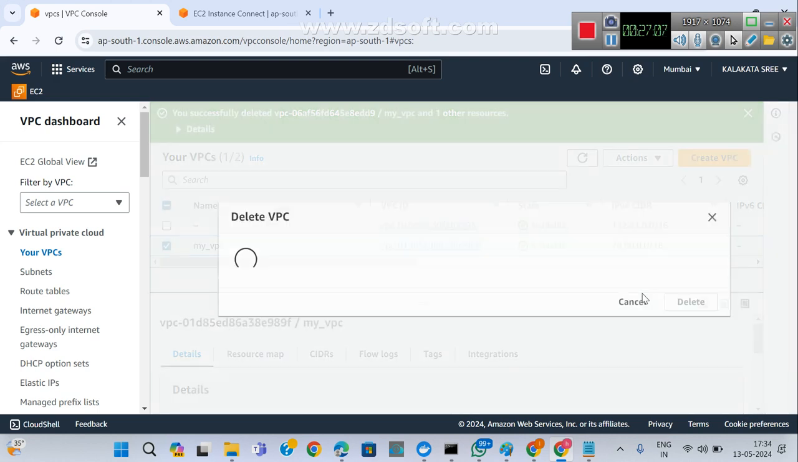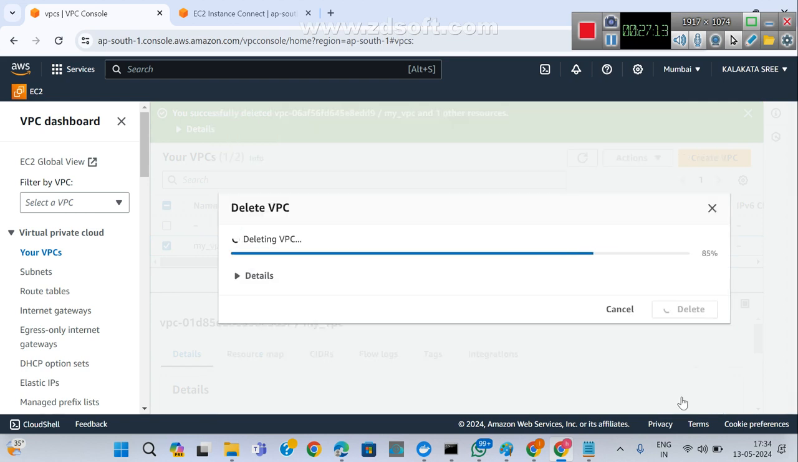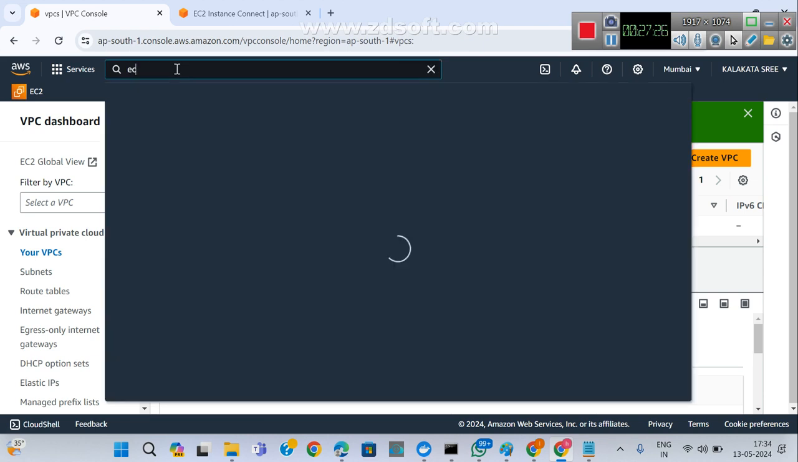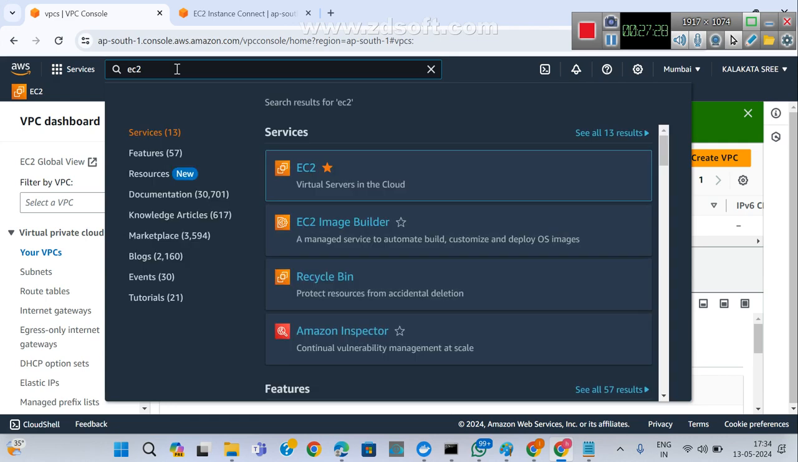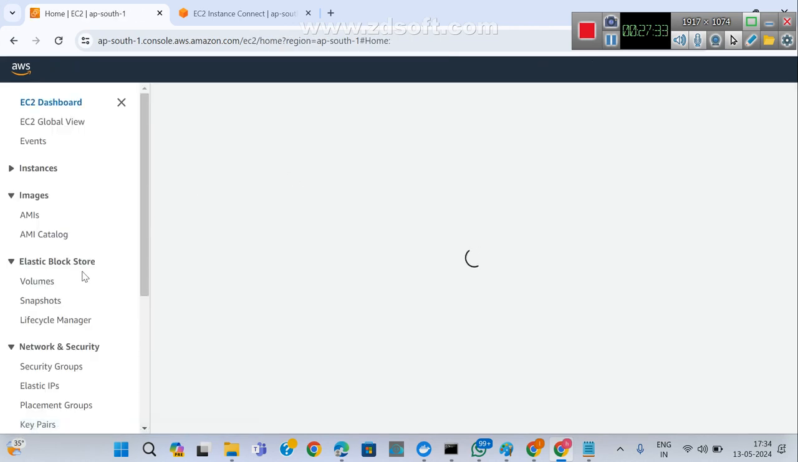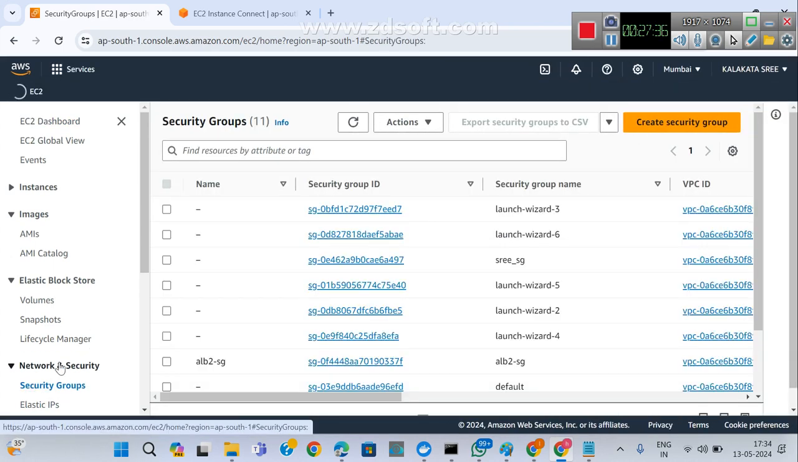Actions, delete VPC. Now good to go. Now you know F93, you need to check more. Going to security groups. There we need to go for EC2. Within that EC2 only security groups are there. Click on EC2, there security groups. Within that we need to check